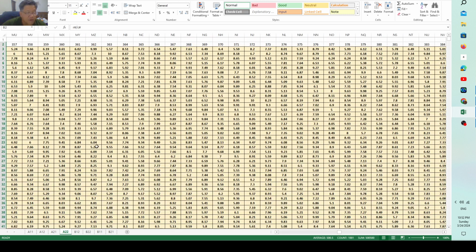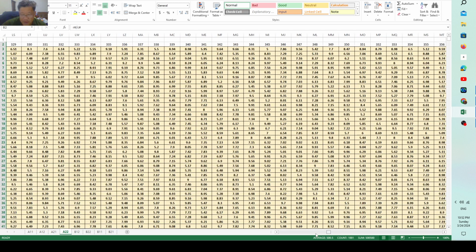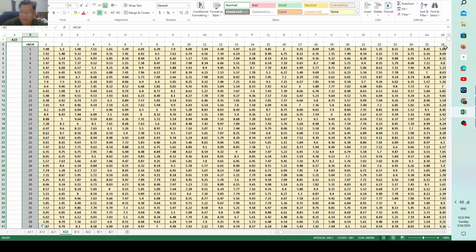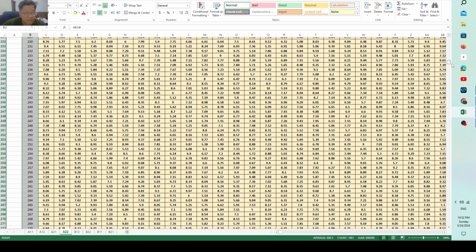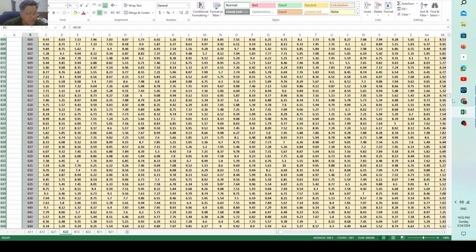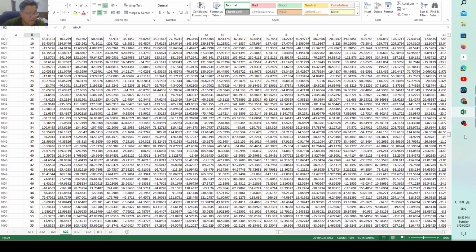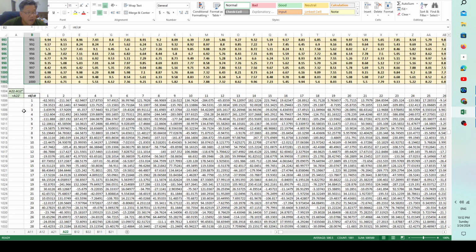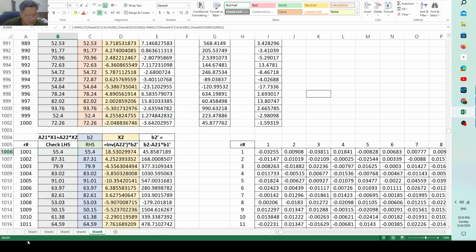And for A22 also, you get A22 prime. So the first four, A11, A12, A21, A22, are exactly the same as the previous file, sheet 1 to sheet 4. The difference is that